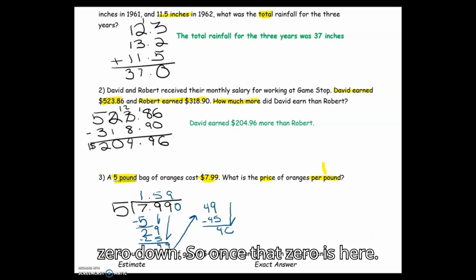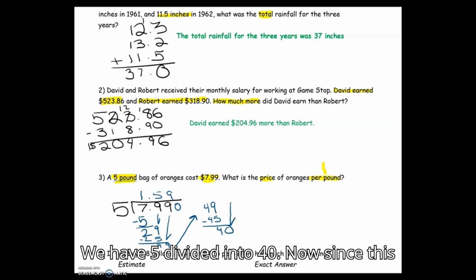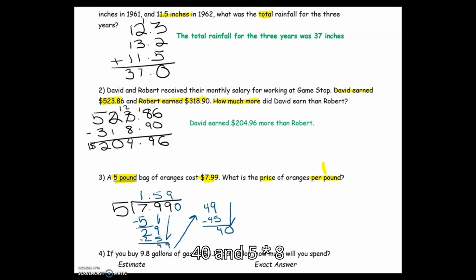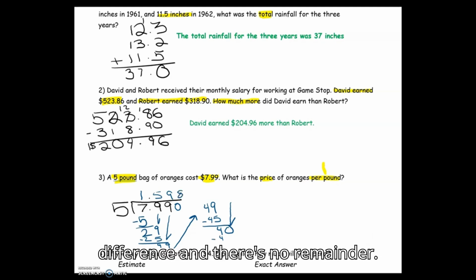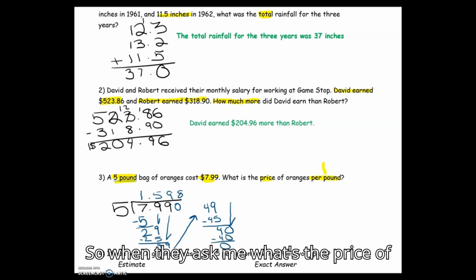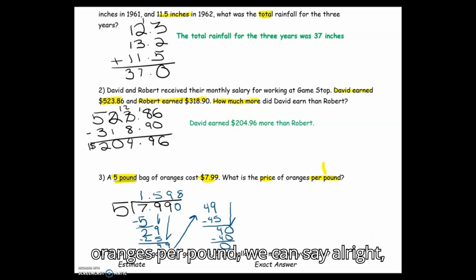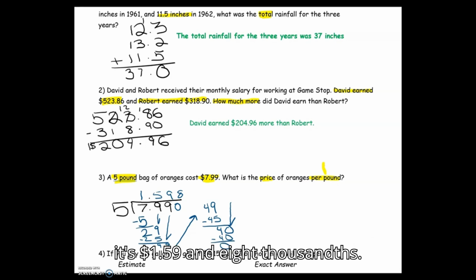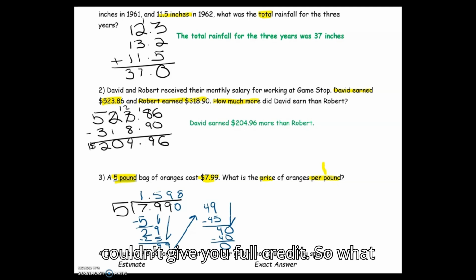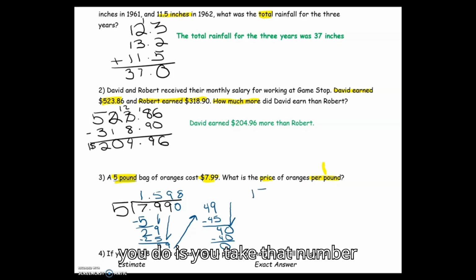So once that 0 is here, we have 5 divided into 40. Since this number ends in a 0 or 5, I know 5 can be divided into 40. And 5 times 8 is what would give us 40. So I find the difference and there's no remainder. When they ask me what's the price of oranges per pound, we can say, alright, it's $1.598. That honestly makes no sense. So if that was the answer you wrote, we couldn't give you full credit. So what you do is you take that number,